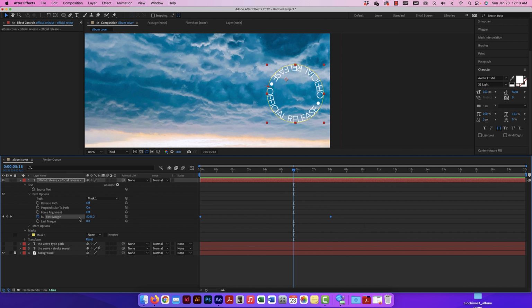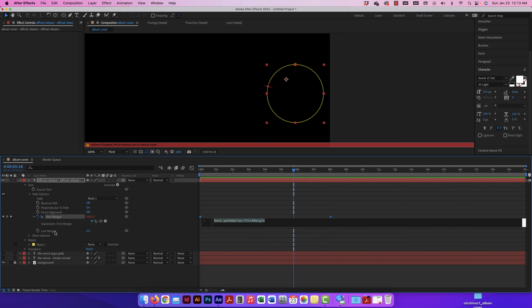It's called loop out, and it'll just continue the animation no matter what, as long as the video is. So what I have to do is hold down Option on the stopwatch, and it says you're about to do something here. Hold down Option, click on it, and now my expression shows up. And there's already something here. Now I'm not going to mess with that code. What I am going to do after the code, I'm just going to press enter, and I'm going to type